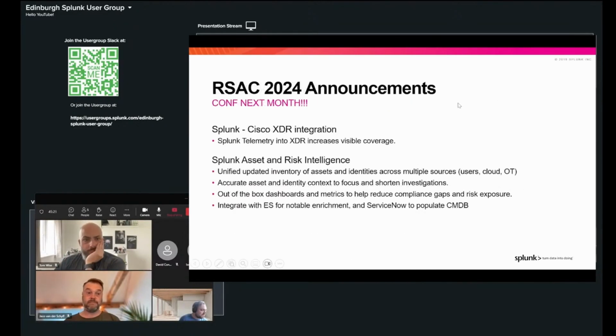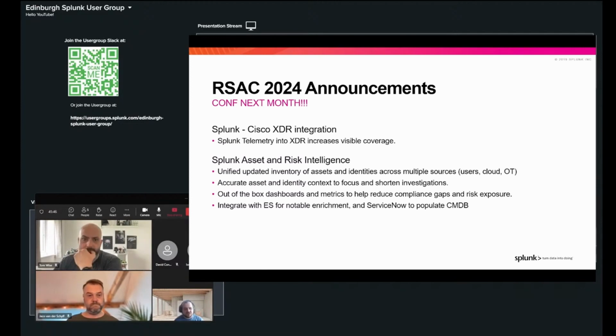And there was RSA-C the last couple of weeks. So Cisco obviously announced a couple of things there. .conf is next month, so there's going to be a lot more Splunk-related announcements. But I think the big ones were, I think they've already got XDR integration baked into Splunk.